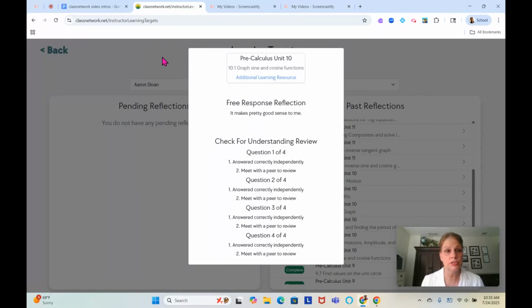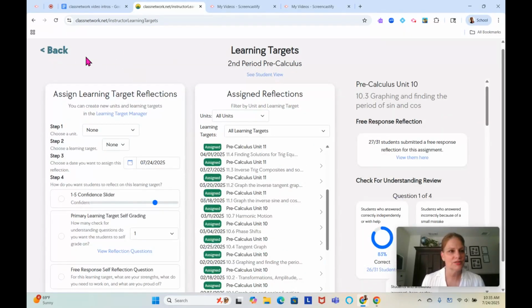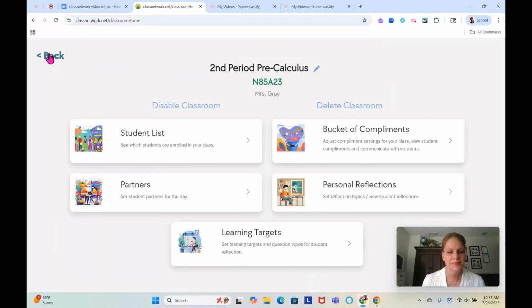So my students use these when they're reviewing for a test, again, or if they've been absent, or if they're just not really understanding something and they need that additional review. I'm going to go back to instructor view. And this is the broad overview of